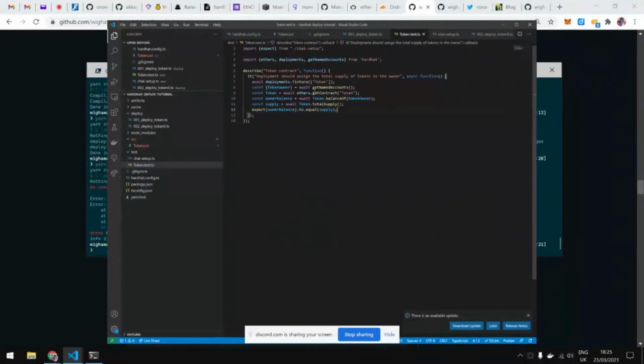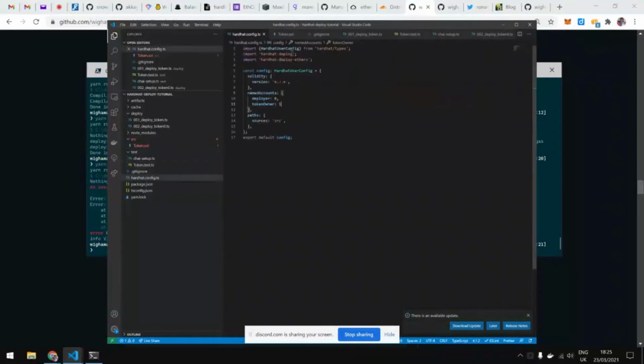Here I access the token owner and just check if he has the supply. That's pretty straightforward. Oh yeah, one thing I didn't mention here is ethers.getContract. This is the reason why I added hardhat-deploy-ethers, which is a plugin that is actually a fork of hardhat-ethers.